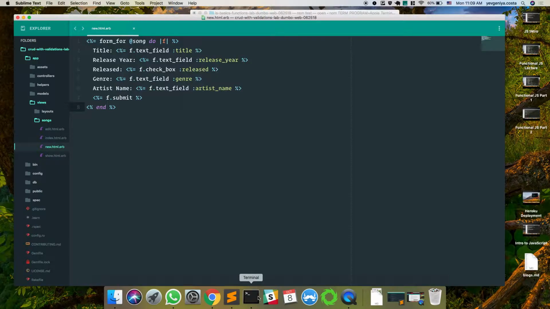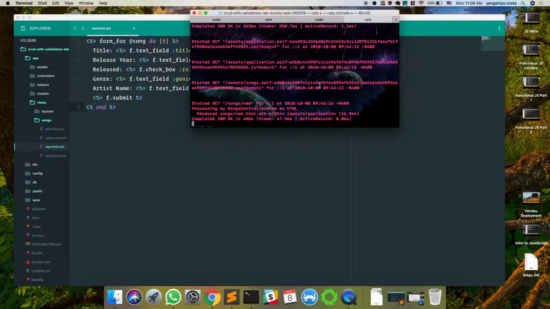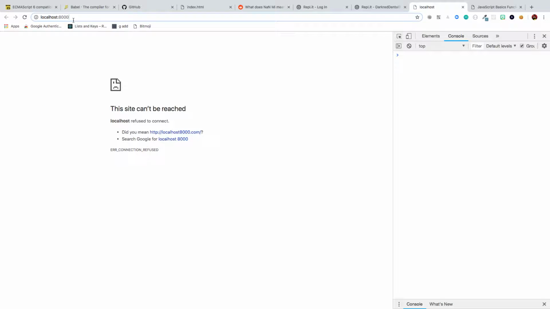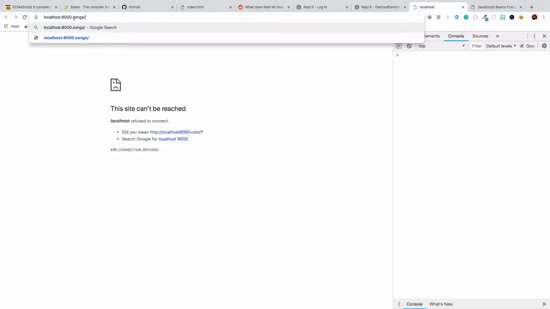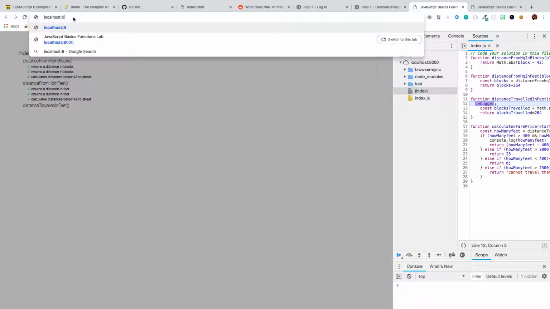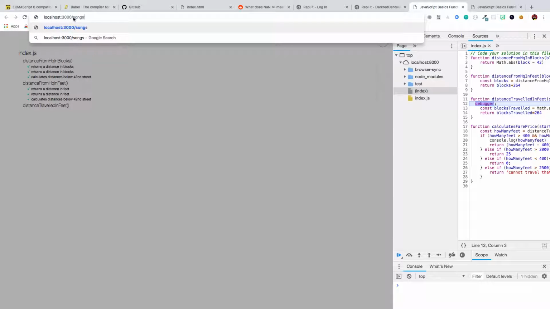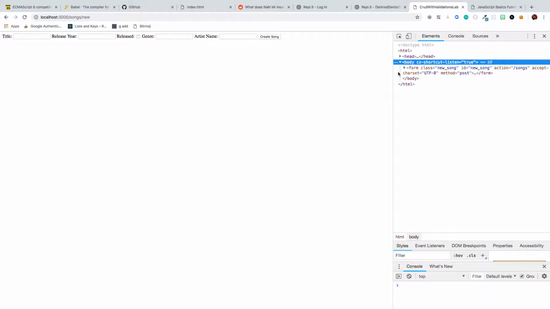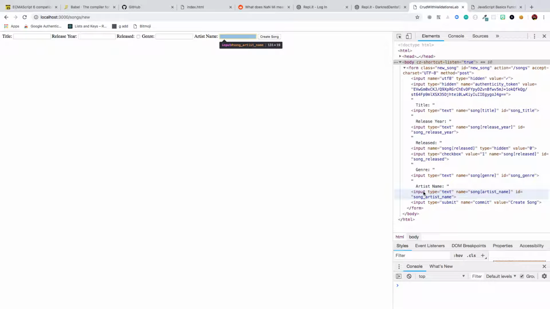So if I open this, which I already have a server running for, I came prepared, guys. If I open this form, and we look at it, you can see that it's all HTML. There's no JavaScript going on here. There's no ERB. You can't use ERB in the browser. So that's kind of what makes JavaScript so special.